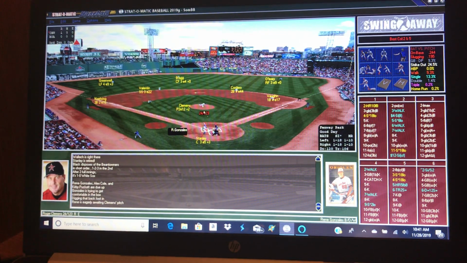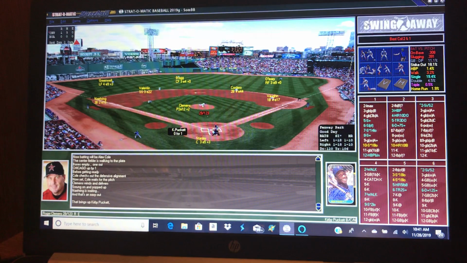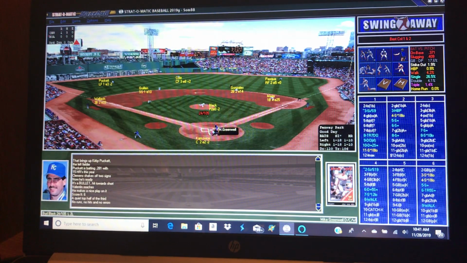is up. He was all field and no hit, and he shows it right there. Alex Cole. Speedy Alex Cole. Didn't hit very well, though. And he is going to pop out. And then that brings up Kirby Union Gap Puckett. Did he rip it? No, he's out. Mike Greenwell, the Gator.